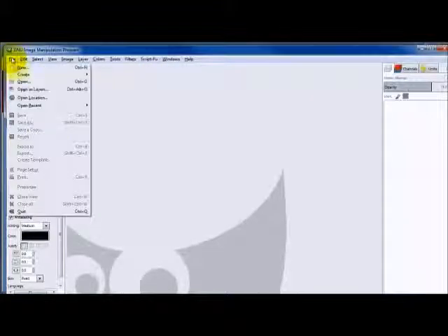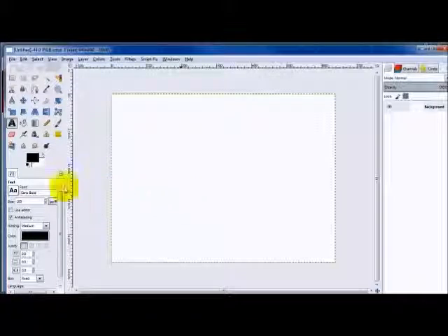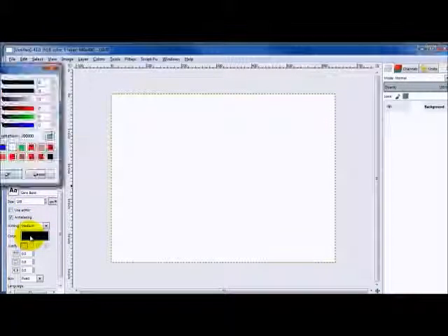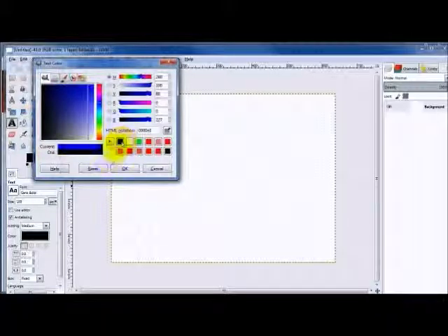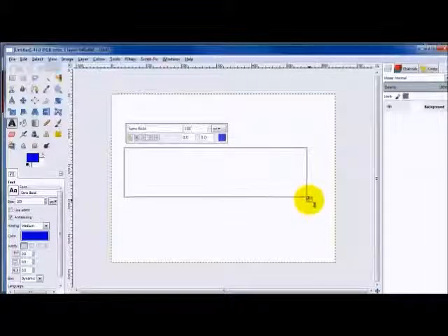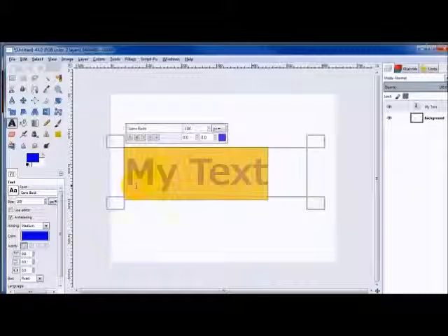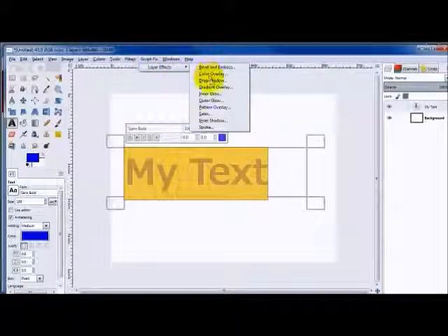Come on up here to File, go to New, and this is fine right here. Click on OK, and then we go over to our text tool, make some adjustments down here as you see fit. I'm going to change the color of the text to blue because I want to add a drop shadow, and I think that'll make the drop shadow stand out pretty good. Drag our area here, add the text, select that text, come on up here to Script-Fu, Layer Effects,